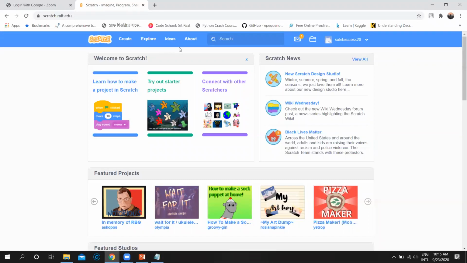If you want to create a new project, you have to click on create. Okay, it will take some time. There's some issue actually. If you don't have a very good internet connection, it might create some issues.